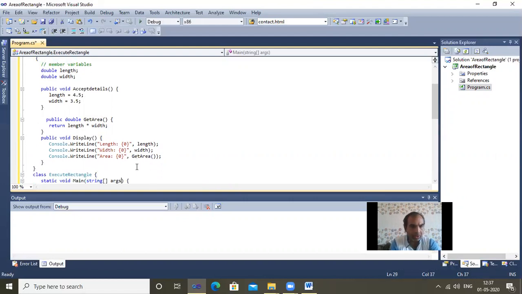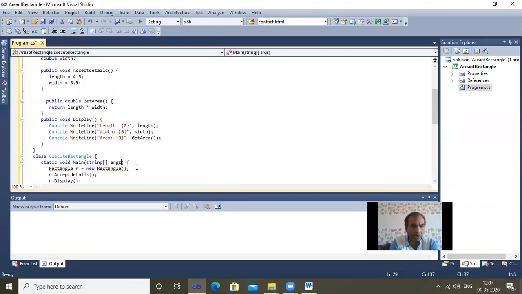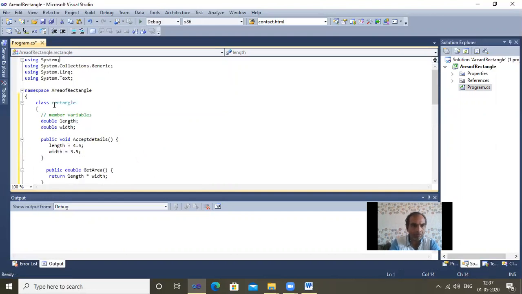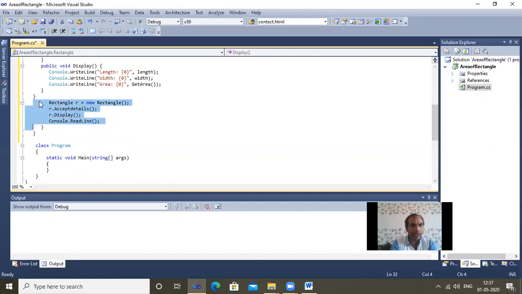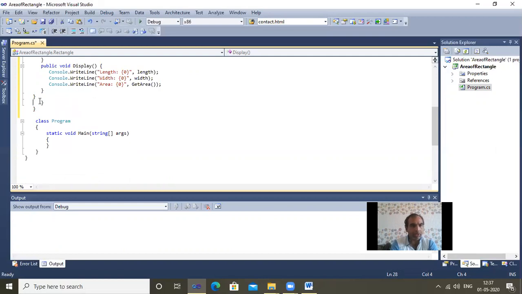Now, in the executable class, where we are creating the objects, I need to execute using the class's Main method, so I'm using the Rectangle part.